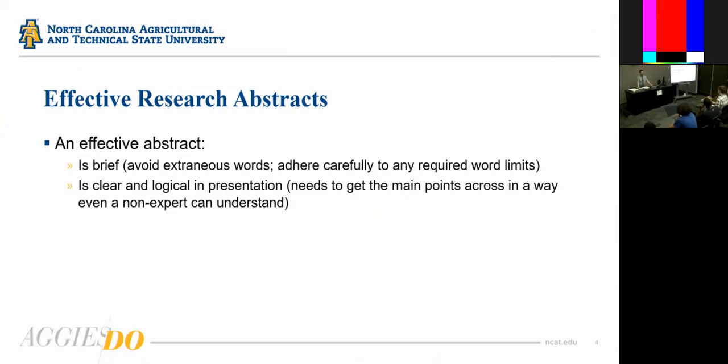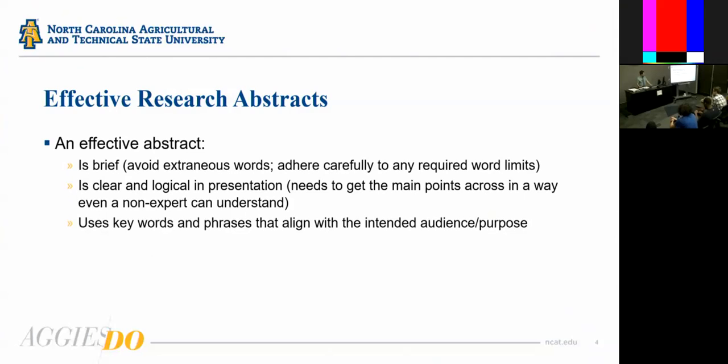You also need to be clear and logical in your mode of presentation. And the way I would put it, and I think you'll see this applies in the examples we'll look at, is that you want to be able to get your main points across even to someone who's not an expert in your field of study. So while the technical terminology, the jargon, the exact methods might only apply to someone in your field, the general flow of the ideas needs to be comprehensible to any educated reader. And so if it's clear and logical in the sequence of phrases, sentences, and so on, anybody can get the main points, and that's going to be critical.